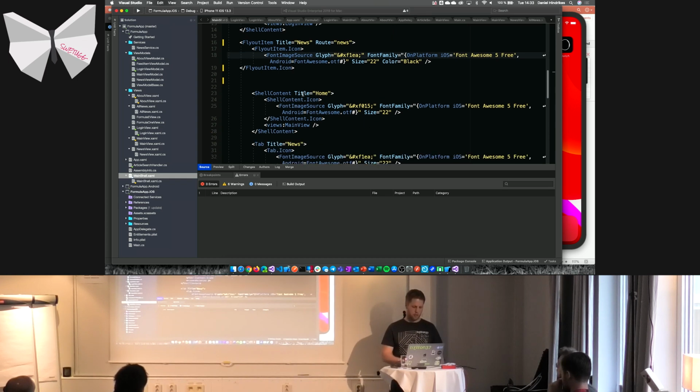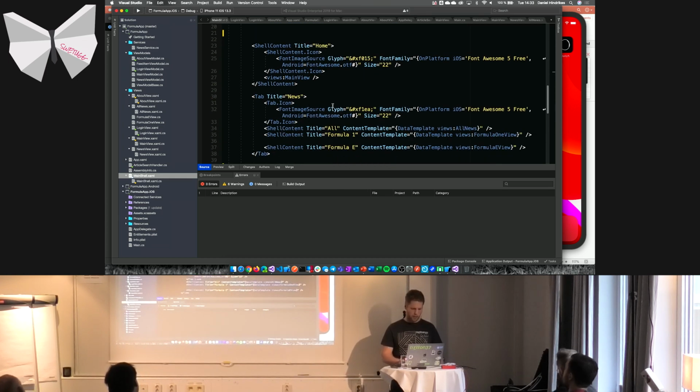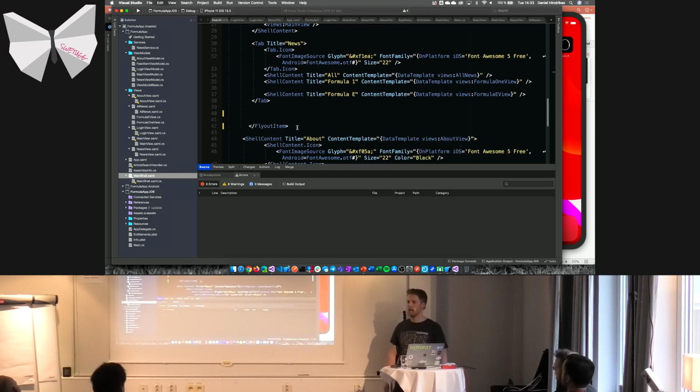And it's the same for shell content, tab icon. Yeah, you can use it everywhere, and it's a pretty simple way to use icons, especially if you have a font icon. This also makes it possible to use SVG icons pretty easy. You need to add some code to do it. I've written a blog post how you can use font icons together with SkiaSharp to render them, for example. I plan to make it a package also, so it could be easier, but